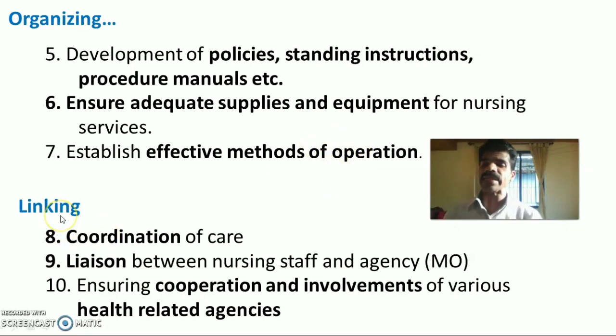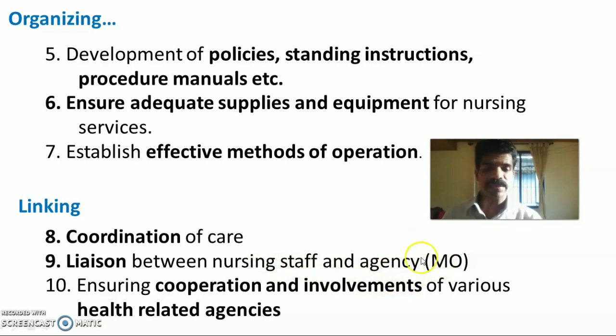Then the next point is linking. The next main function is linking or connecting. So linking is nothing but acting as a liaison. Under the linking function, it includes coordination of care, that is coordination of all the care between the health personnel and medical officer, between the different types of health personnel, etc. So coordination of all the community health nursing services. Then act as a liaison between the nursing staff and the agency, that is medical officer and other health personnel. So liaison between the nursing personnel, that is the subordinates and the managers, and medical officer and other